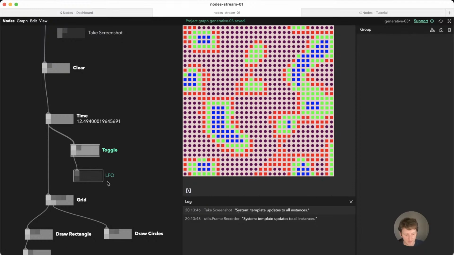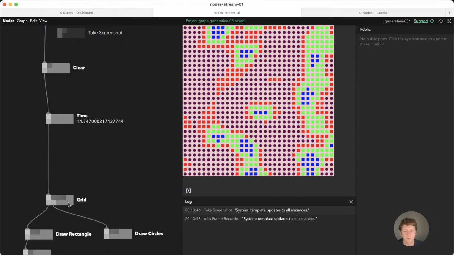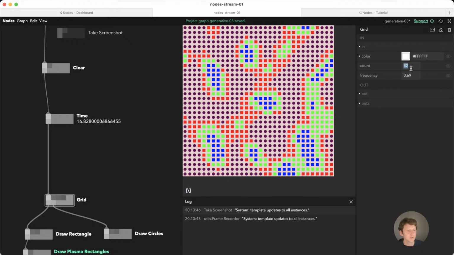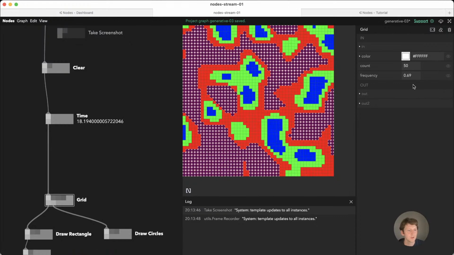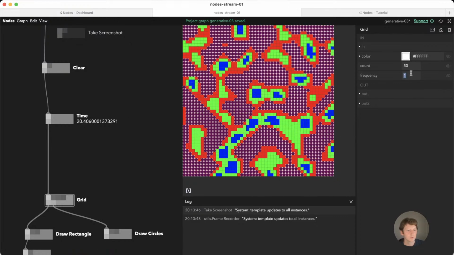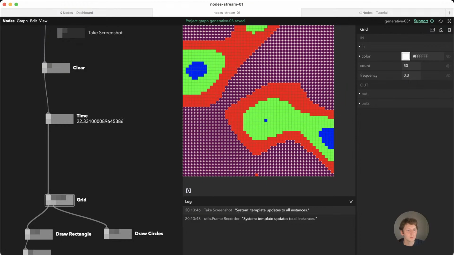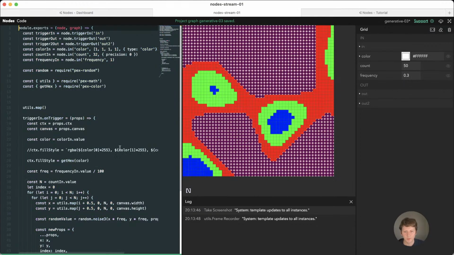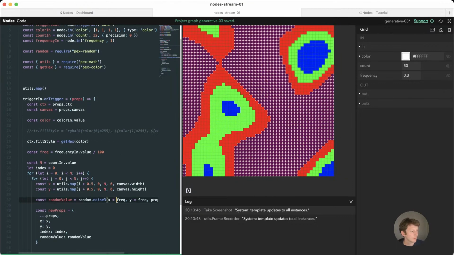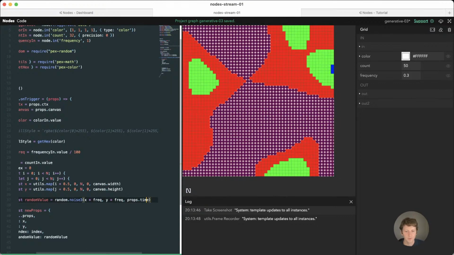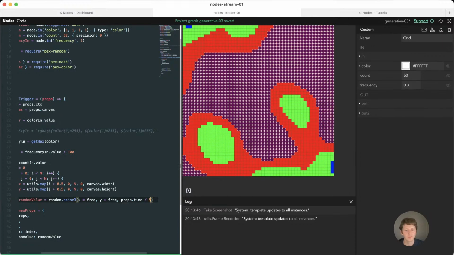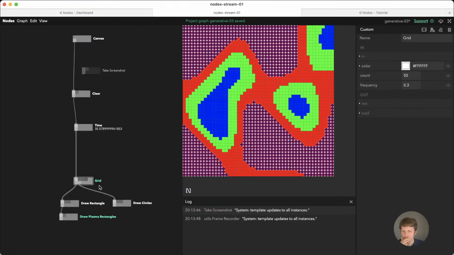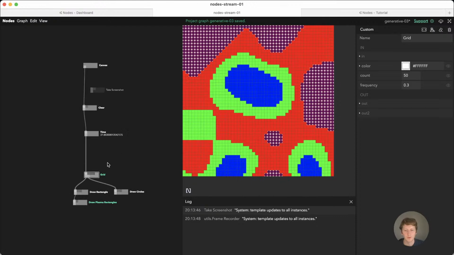Delete this whole thing. Don't bother with LFO. Set the count to 50. Frequency to 0.2. And slow it down a bit. Slow it down 5. Slow it down, and